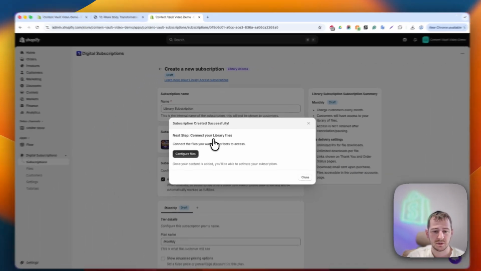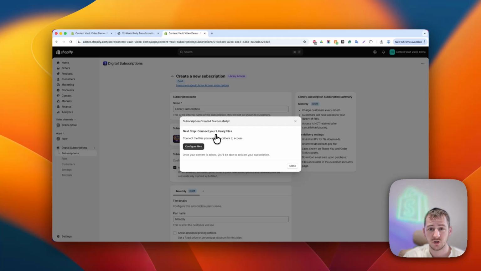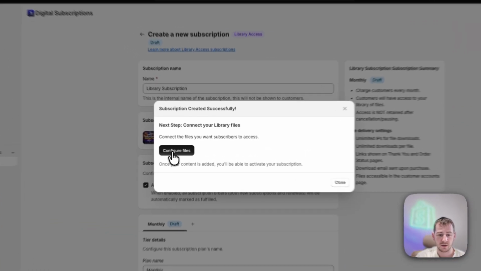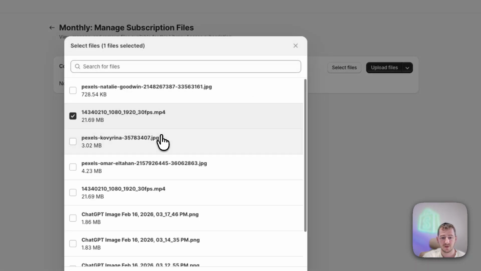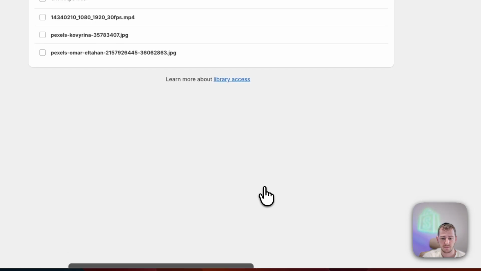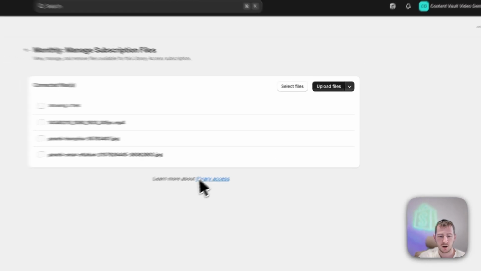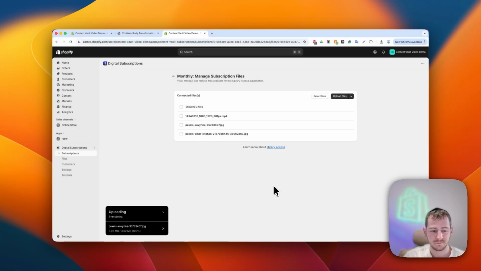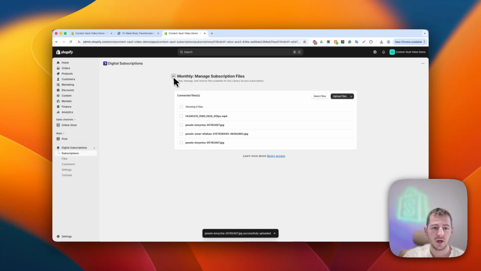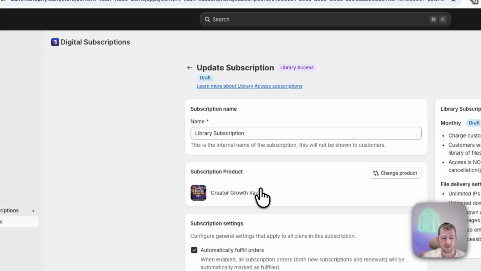Now, the next step will be to connect your files to your content library. And we can do that by clicking on the Configure Files button. We can either select files that we've previously uploaded into the Content Vault app, or we can also upload new files as well if we wanted to do that. Now, once we are happy with all of the files being uploaded, we can go ahead and click Back,